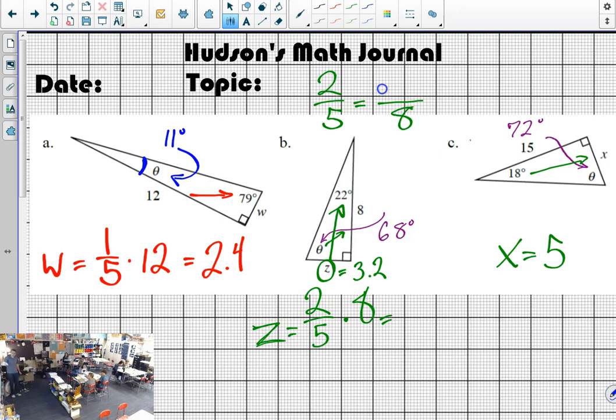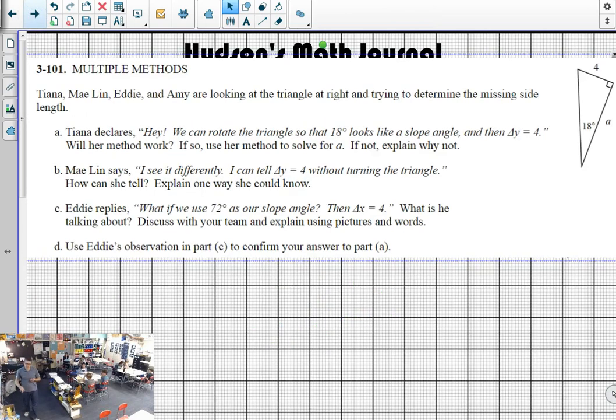What we're saying is, what value up top would make this a true proportion? What we're really solving is two slopes equal to each other using different rise or run values. Rise, run, 2, 5. Rise, run, we know the run of 8. The rise would have to be 3.2. Make sense? We're really solving proportions, but we can quickly do it just using that ratio. So we're using slope ratios to determine lengths. Sounds like a branch of mathematics that would be worth giving a name to.